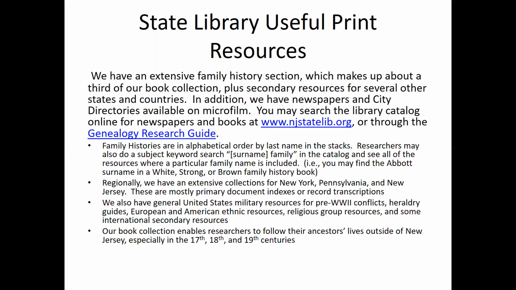So what you can do on the library catalog, because our catalogers have gone through the family histories and town and county histories as well, and they've combed the index to pull out all of the surnames that are mentioned in a particular book. So every single surname in a family history book is cataloged in our catalog, and you can do a subject keyword search to generate a book list of books at the state library that contains that particular surname. So if you want to know what the state library has for the Abbott surname in our collection, you can do a subject keyword search in our catalog structured as the surname of interest plus the word family in quotes, and that will give you a comprehensive listing of what we have,